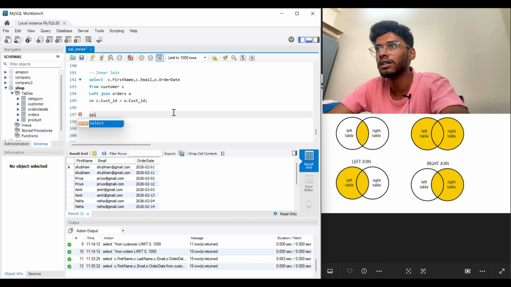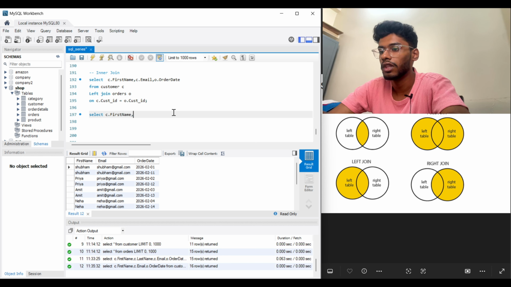So select C dot first name, comma, email, comma, O dot order date